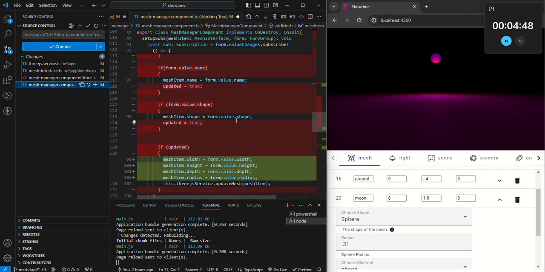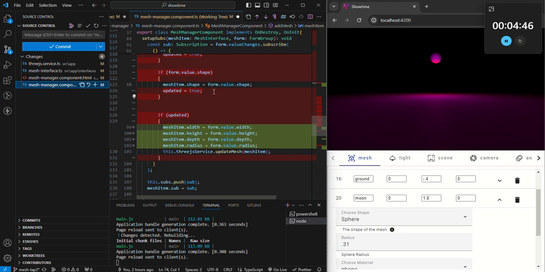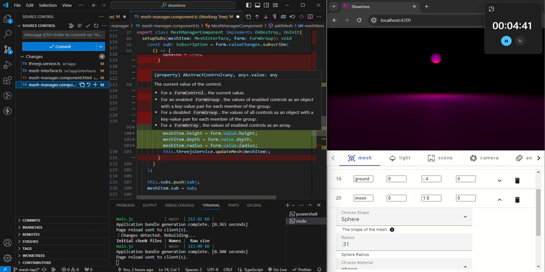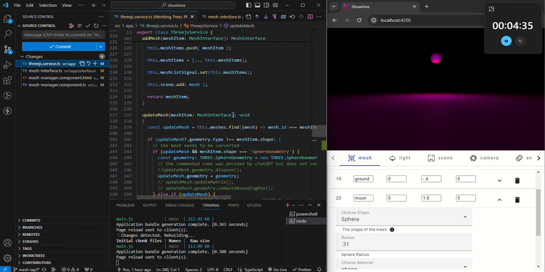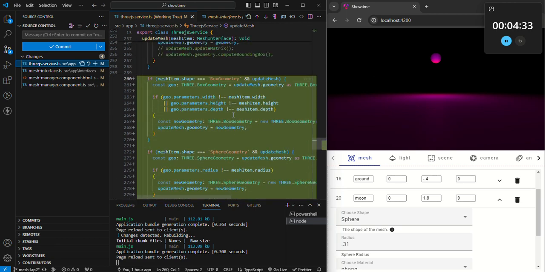This was just kind of a good idea. When I explained it, I thought that this was necessary, but it absolutely is not. And then I added these new width, height, depth, and radius to that. Most of the heavy lifting was in the service, and it was all very contained to the update because